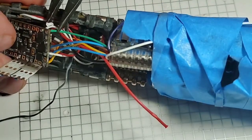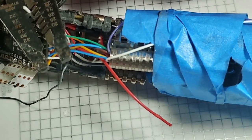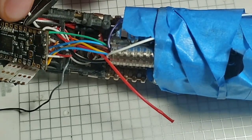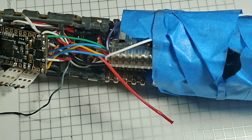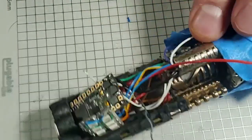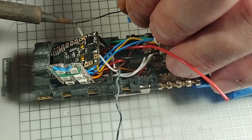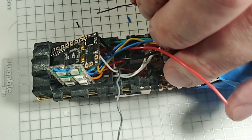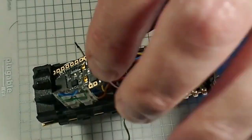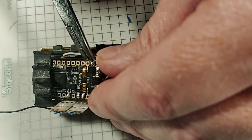we're going to grab this wire, strip it. It's 22 gauge. This is coming off our recharge port, and I'm going to strip some of that off, twist it, and I'm going to put some flux on there, and we're going to pre-tin this wire. I'm going to pre-tin this wire, and again, pre-tinning does two things. Number one, it holds all the strands together, and number two, it preps that wire for being connected onto the pad. So when the solder runs to the pad, it joins with the solder on your pre-tinned wire, and Bob's your auntie,